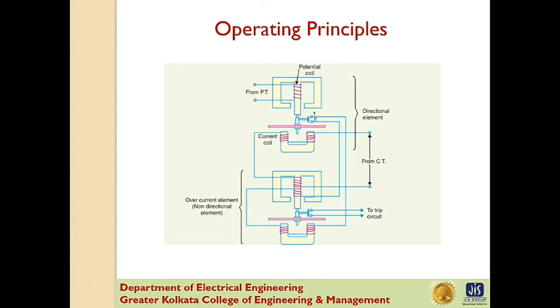The two relay elements are so arranged that the final tripping of the current controlled by them is not made till the following conditions are satisfied. First, current flows in a direction such as to operate the directional element. Second, current in the reverse direction exceeds the preset value. Third, excessive current persists for a time corresponding to the time setting of the overcurrent element.